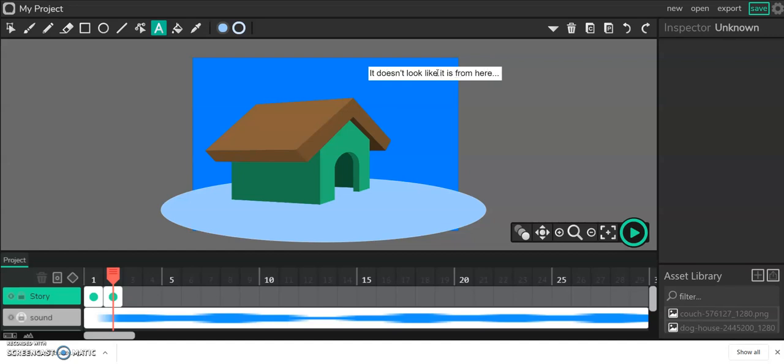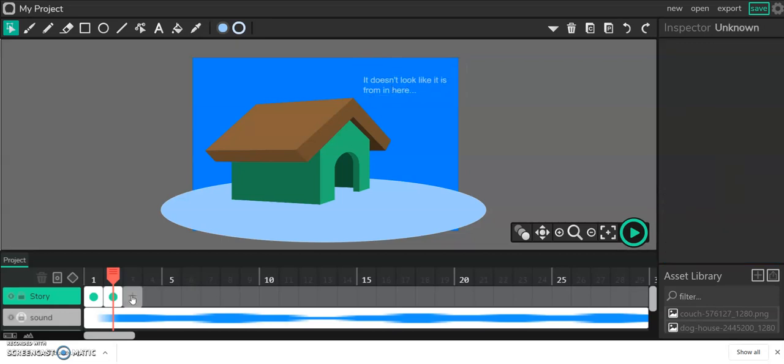So press enter, it will make it go smaller. Oh, it disappeared. Let's try that again. Again, if you make a mistake, you can just go undo, undo, undo, and normally it should undo. It doesn't look like it is from in here. Okay,